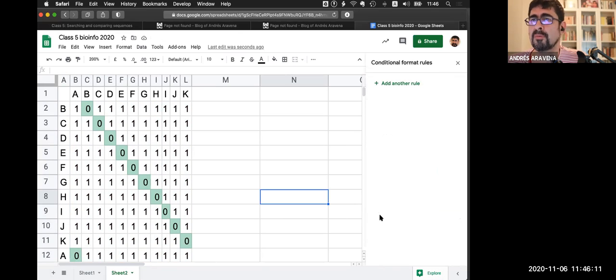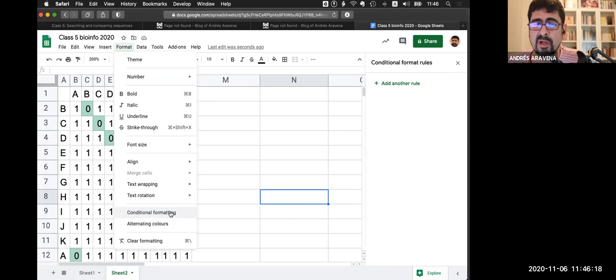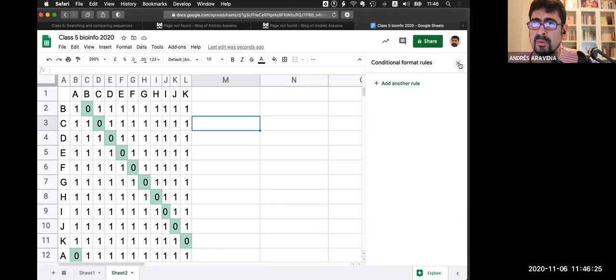So I put colors now. You have this in Excel; this is taken from Excel. It's called conditional formatting. The syntax is a little different, but you